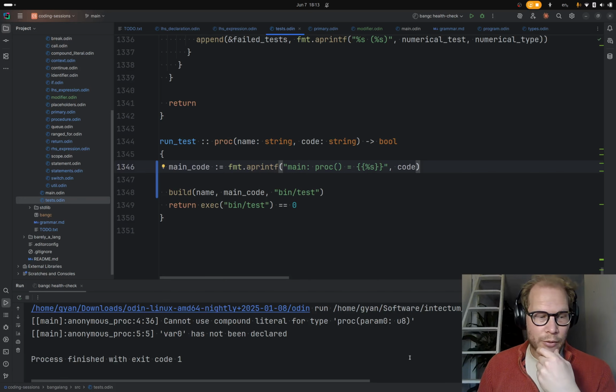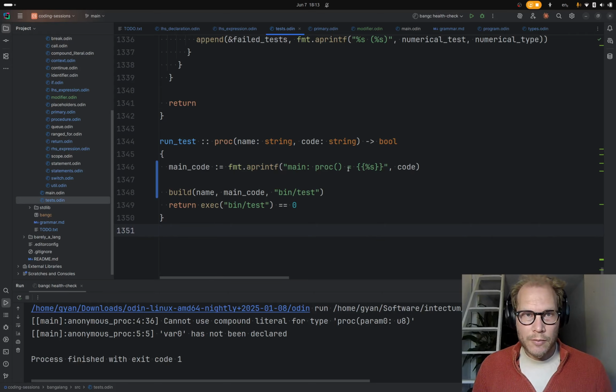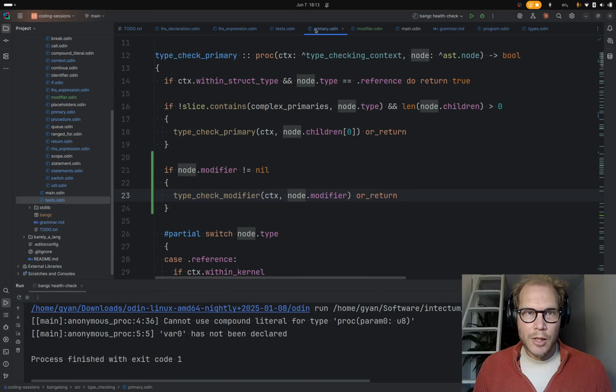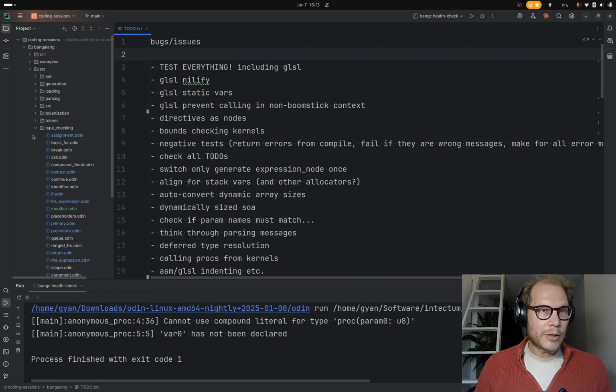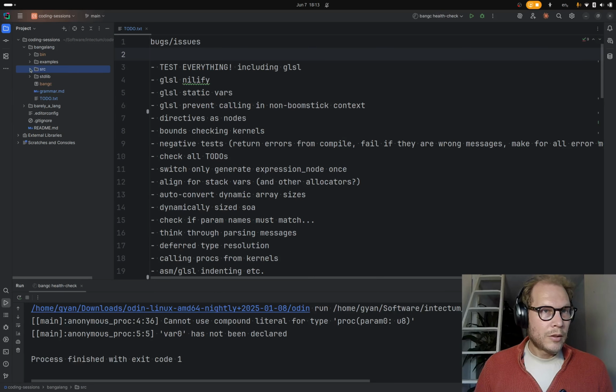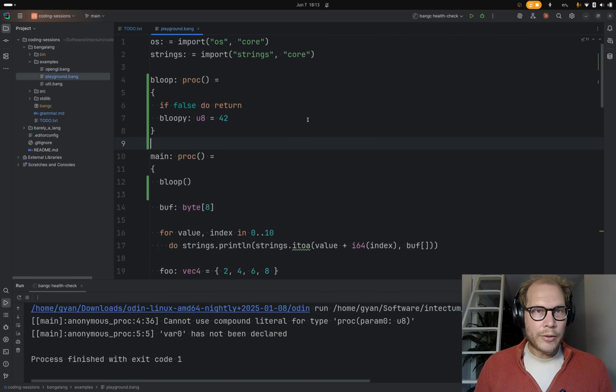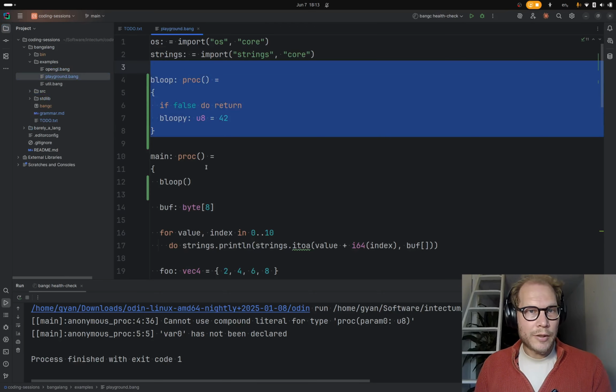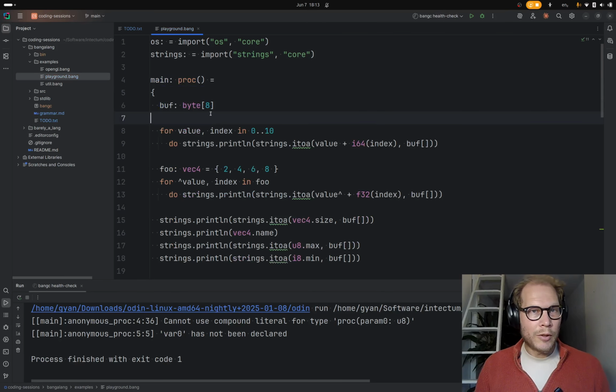Cannot use compound literal for type. Okay, this is a bit of an aside. Before we get too deep into this, we will fix this. But the last thing I wanted to test, we need to test our validation that we just put in. So if I go back to the playground, we'll cut out this stuff. Don't need that anymore.